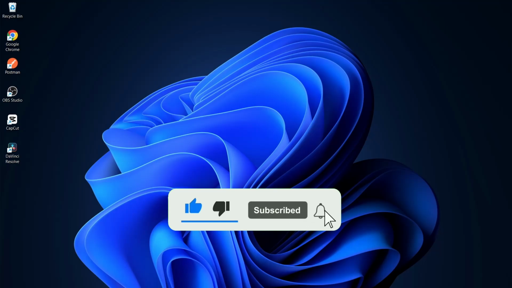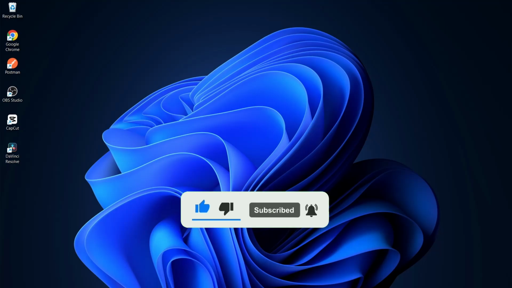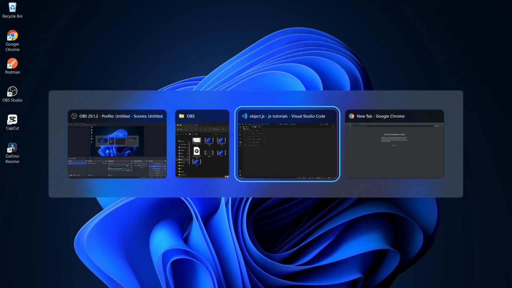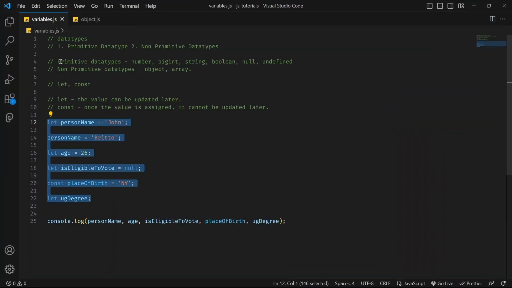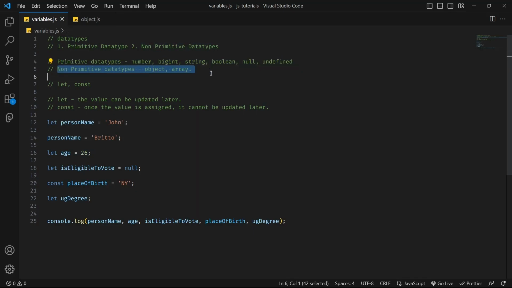Now let us see the JavaScript objects and arrays. So in our previous code, we have seen this primitive data types, right? So then you may have doubt, then what is the need for non-primitive data types? So we will see that with this same person example, okay? So I will just copy this code and